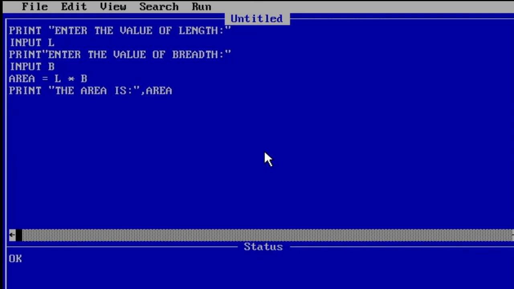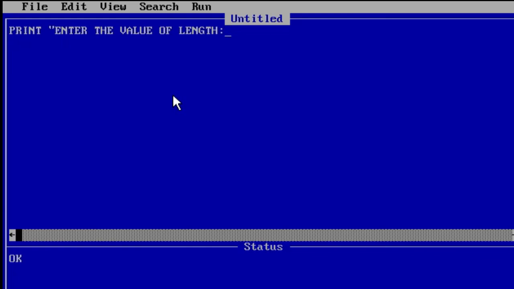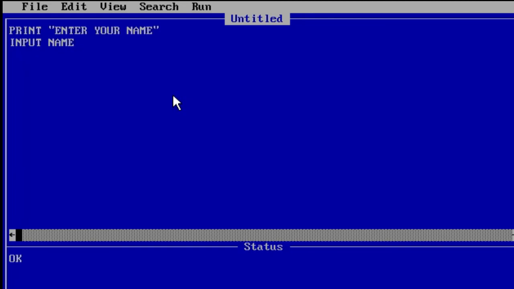Similarly, we can use the input statement for string values also. We can write print "enter your name". Name means the variable should have a dollar sign, so we are taking input name$.